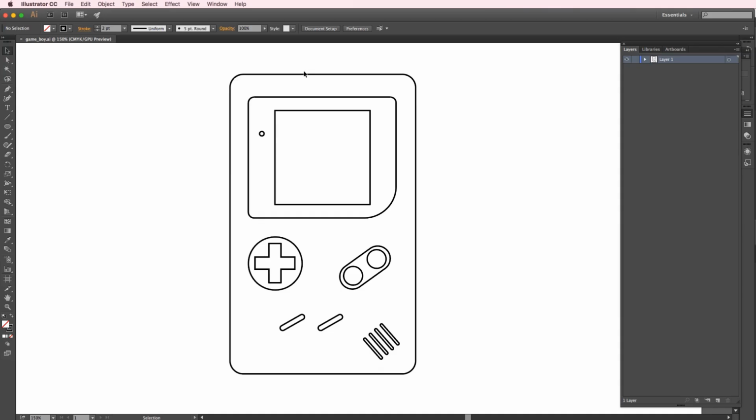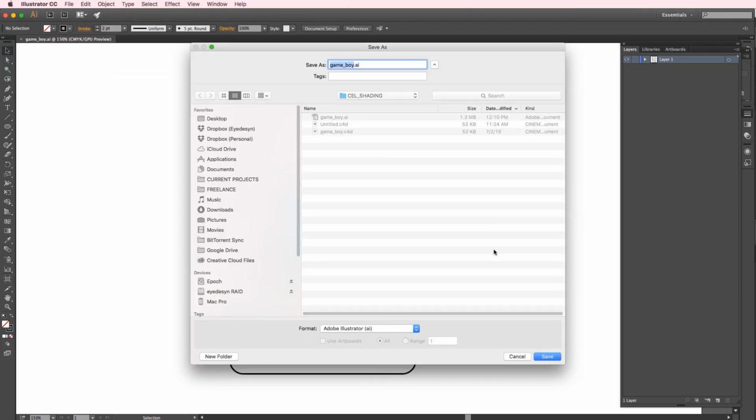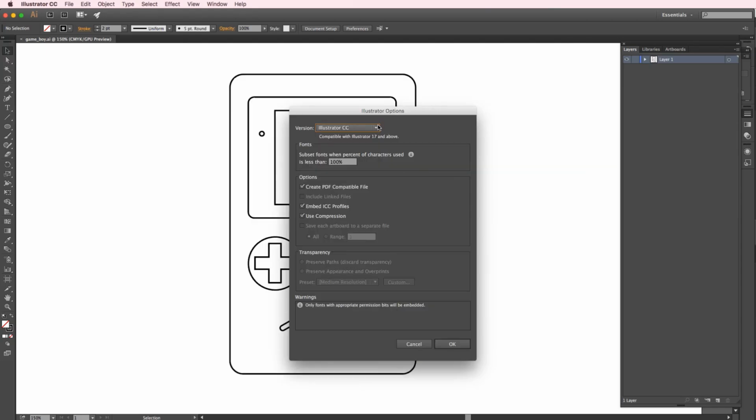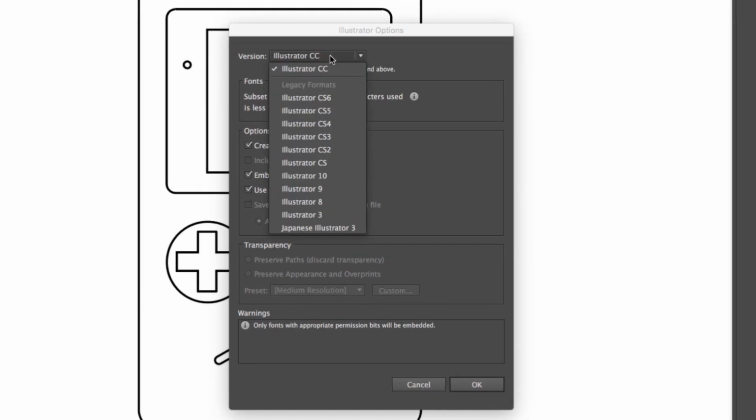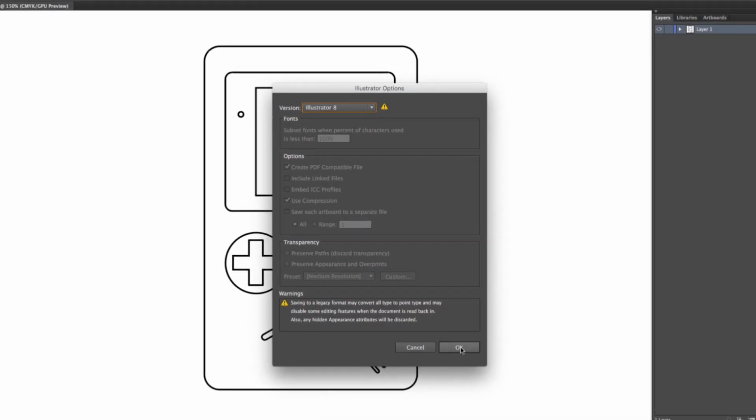But there's one important step we need to do to be able to import these paths into Cinema. So what we're going to do is we're going to save as, and this is the very important step. I'll just rewrite over the AI file I already have. And this is the most important step, is when you're prompted for a version, we're going to go all the way down to Illustrator 8. Now that's just what you have to do. That's the most compatible version of paths that Cinema 4D can actually read. So we're going to save to a legacy format, hit OK,